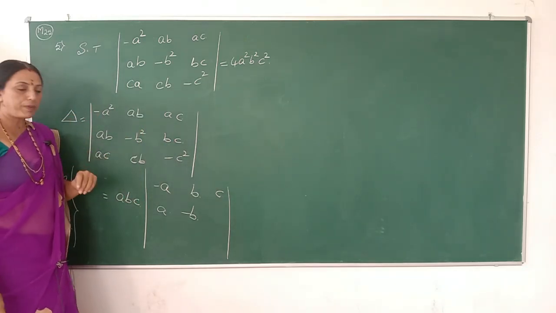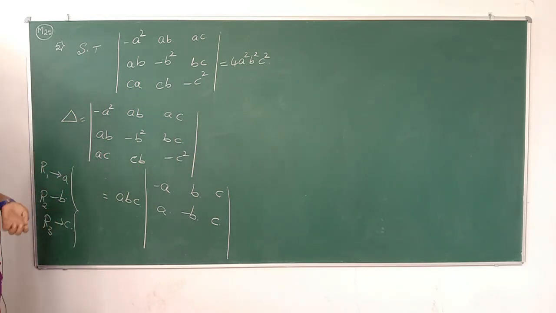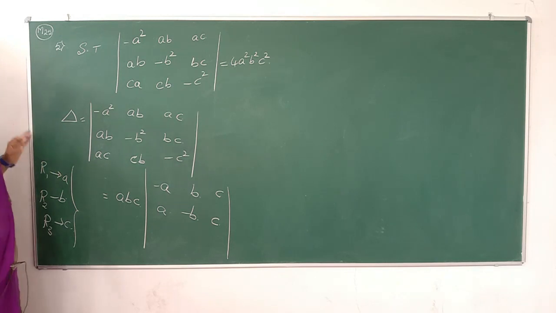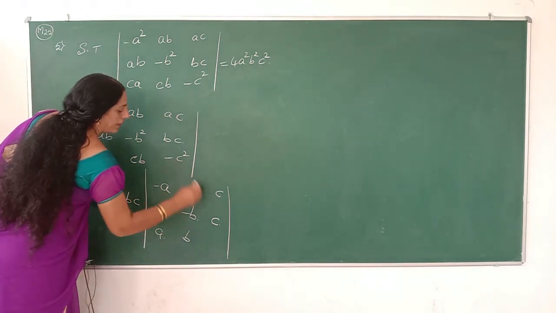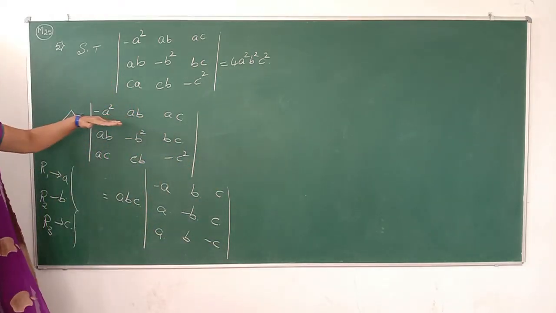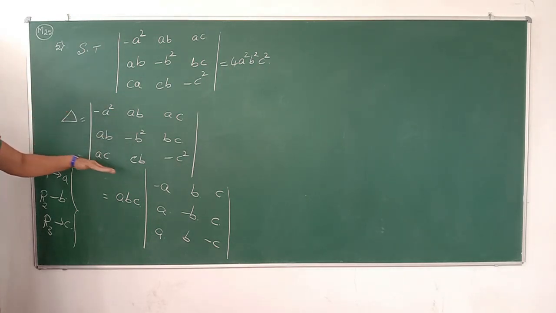And from b into c, c remains. Then we come to the third row, where c is the common factor. After taking c out, the remaining elements of the third row are a, b and then minus c. So row-wise, a is a common factor from the first row, b from the second row, and c from the third row. After this, the elements are in the form of